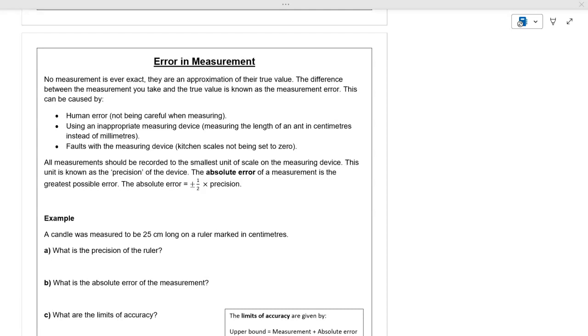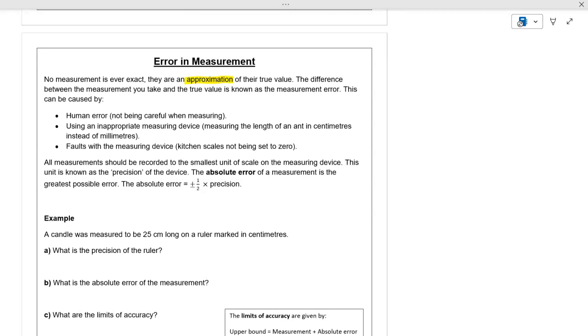In this lesson, we're looking at error in measurement. So what this is talking about is that it's an approximation of the true value, because no measurement is ever exact. If we think about a ruler, they might be slightly out, so we use these approximations at times. The difference between the measurement that you take and the true value is known as the measurement error,